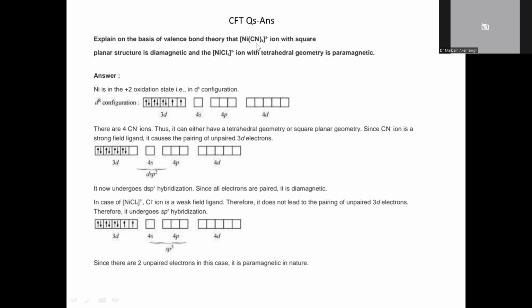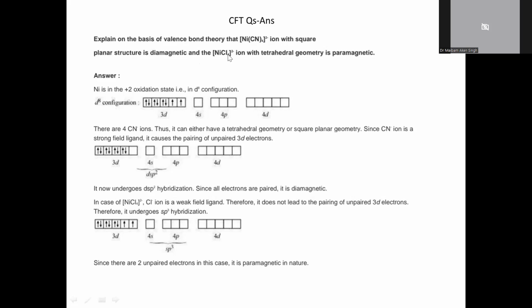tetraamine nickel 2 complex ion is square planar in structure and diamagnetic, and this other ion is tetrahedral in geometry and paramagnetic. The geometry is also different. This one is square planar and this one is tetrahedral, and nickel 2 here is also nickel 2. This nickel 2 and this nickel 2 are the same, and this one is negative and this one is also negative,